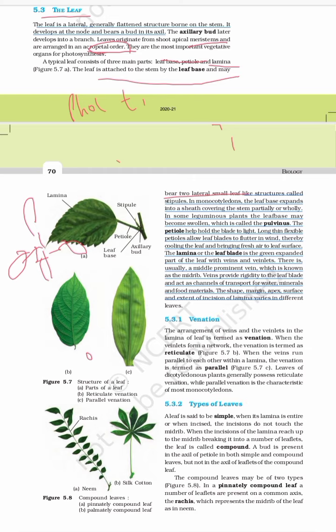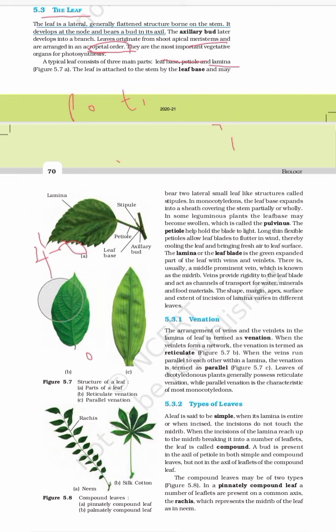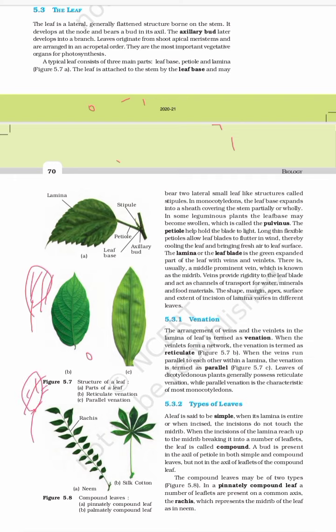And after that we studied two types of things, that is simple leaf and compound leaf. The shape, margin, apex, surface, all this varies in different types of leaves. You know very well that leaves are of different types. If you go into the garden, you can see that there are many different types of leaves, right? You cannot see that they are the same. Some leaves have these types of structures, some are like this, single, some are compound. There are many types of leaves, so we are going to study everything in this.